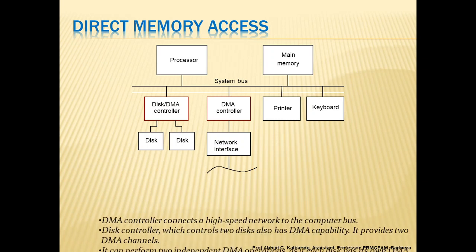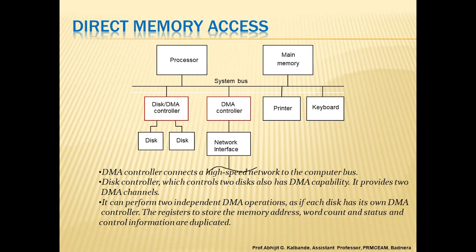Now, there is a particular block diagram in front of you. In that block diagram, it contains one block of a processor and another of main memory. If you identify here, there is a common bus available, which is called the system bus, and through that system bus the processor as well as the main memory are interfaced. Along with that, it has some disks and a DMA controller also, and two disks are connected to that disk and DMA controller. Along with that, the network interface is also given, and some printers and a keyboard are connected.